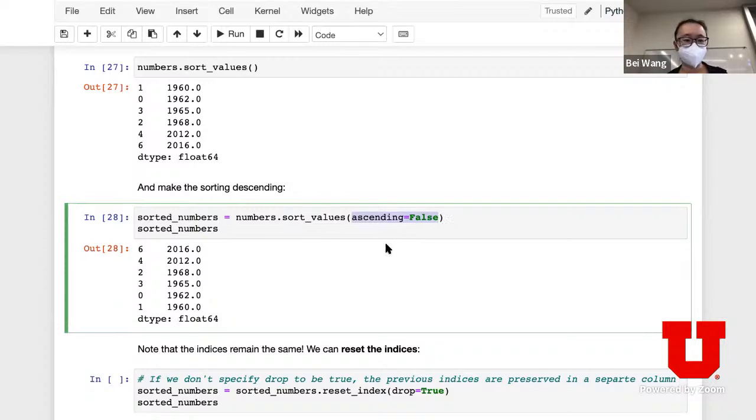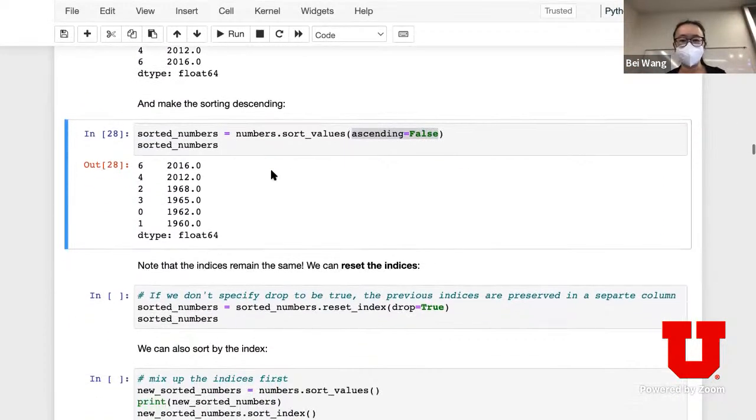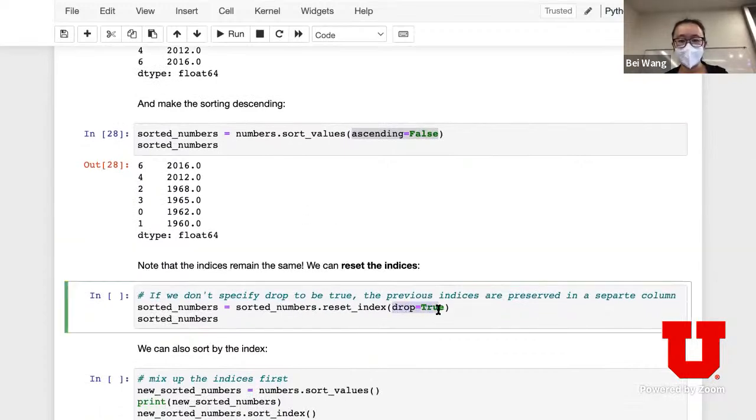So it's descending. Now, the next thing is that this might not be ideal because when you sort, the whole key-value pair is sorted, but I really want to reorder them. I want to update the key or the index. This is what you call resetting the indices. So you can sort and you can say drop equal to true. This just means that